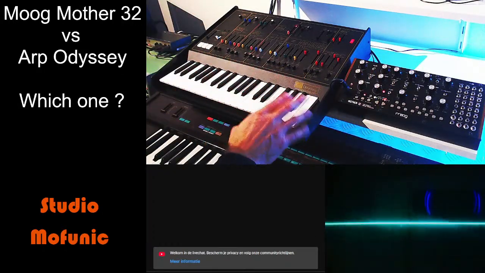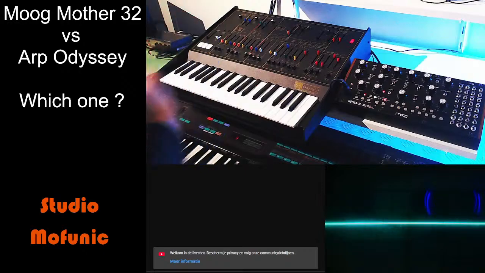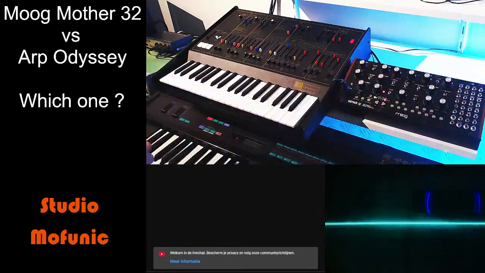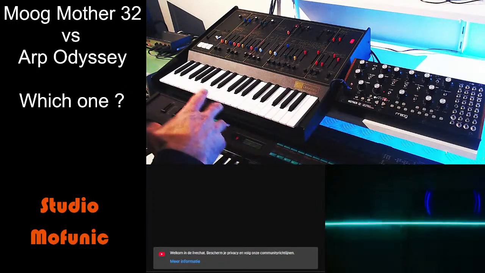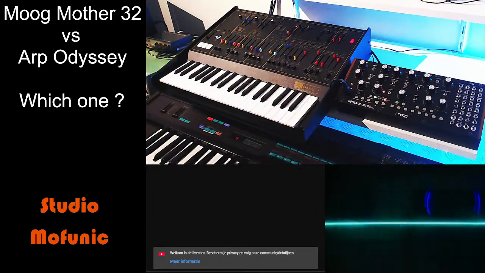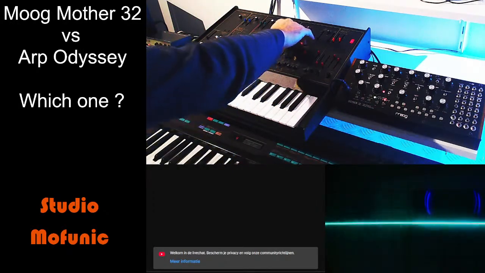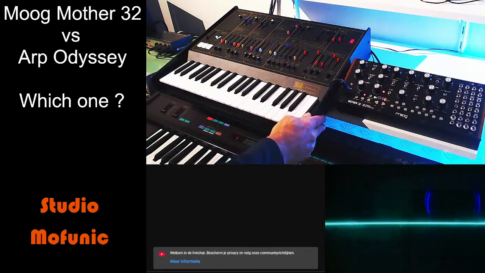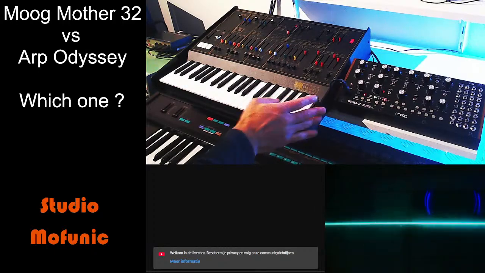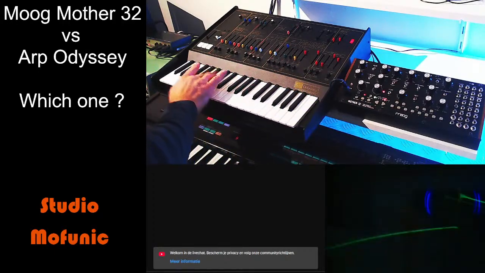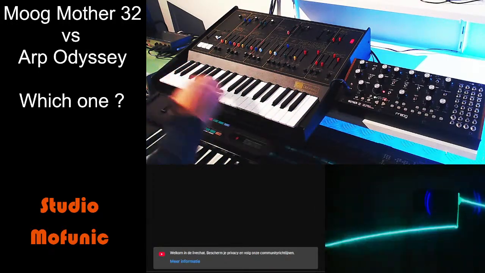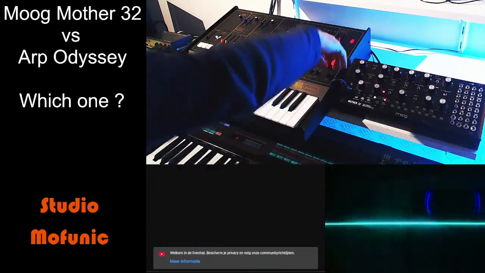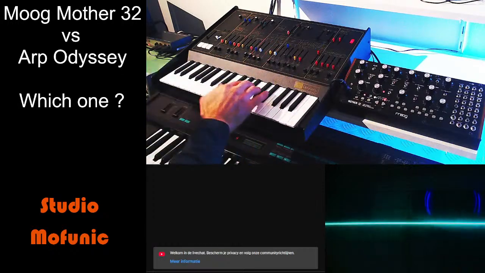I can combine also the sawtooth with the pulse wave or the square wave on the patchbay. You can combine that, but I'm not going to do that. I'm going to use only one. In this case, also at the Odyssey, you have also the ring mode. You don't have that on the ARP Mother-32. Okay, what I'm going to try to create is,